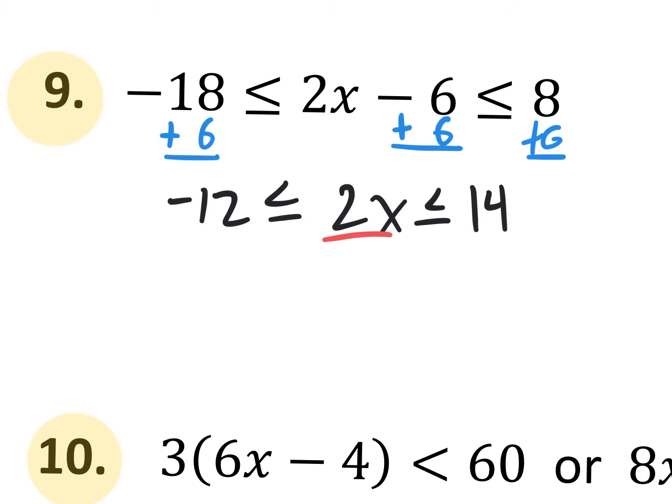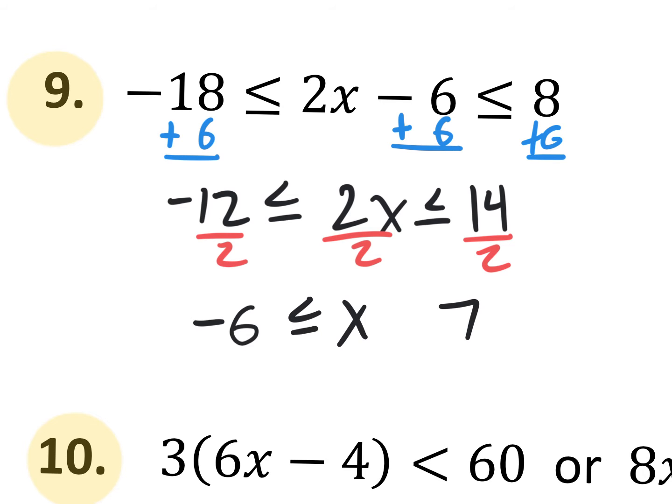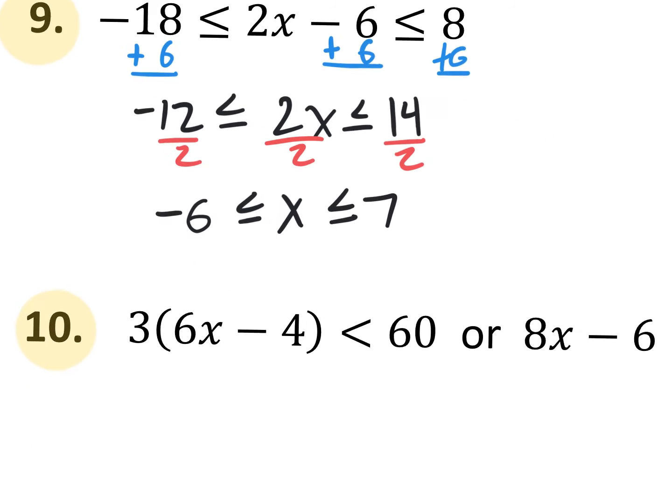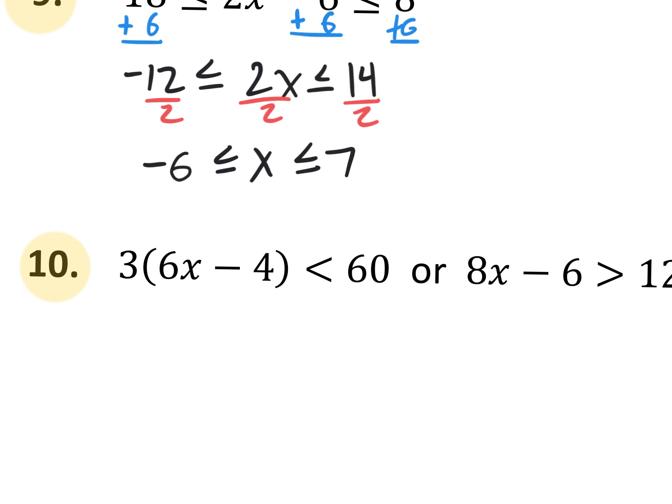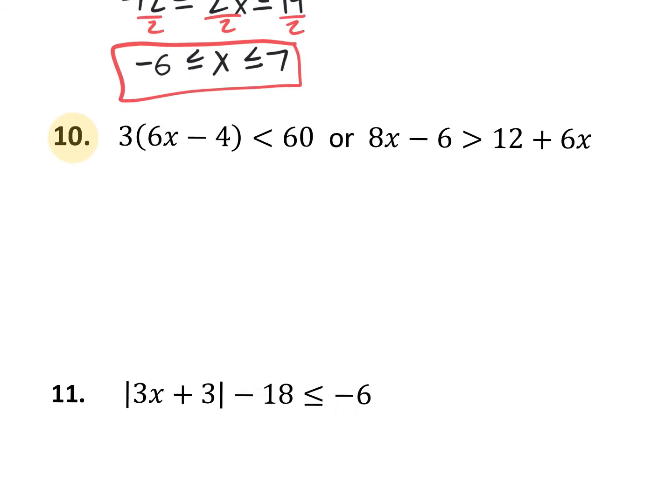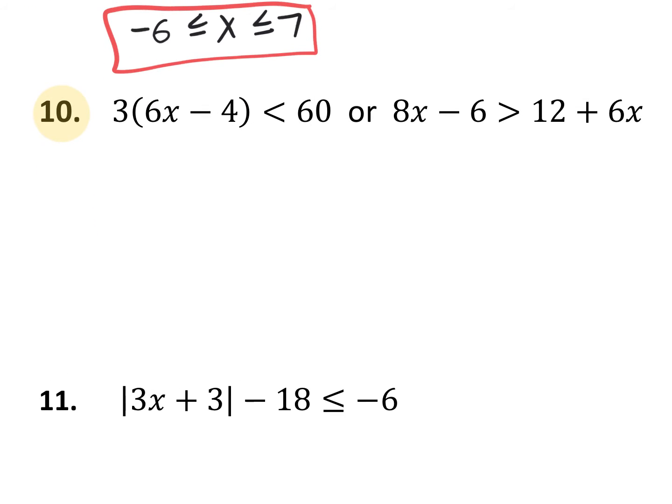Final step here would be to divide by 2, divide by 2, divide by 2. Do I need to flip the inequalities? No, because I did not divide by a negative on my last step. So we have a negative 6, we have the x in the middle, we have 7 over here, less than or equal to symbols. Okay? This is your answer. Moving on. Do you guys want to see number 10? Sure? Okay. So number 10,